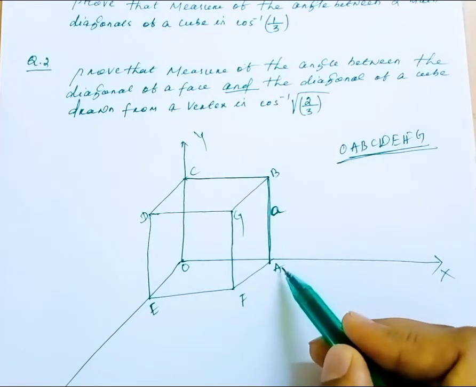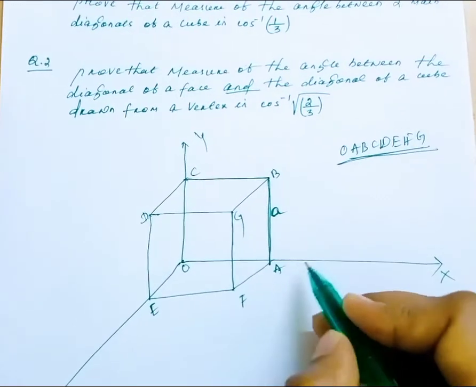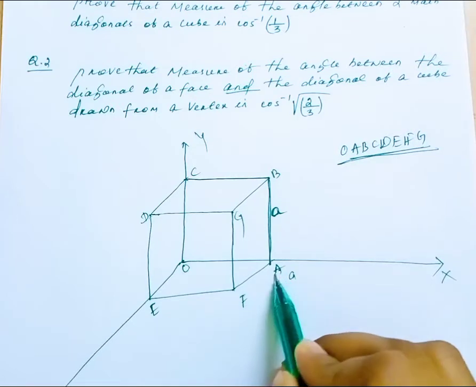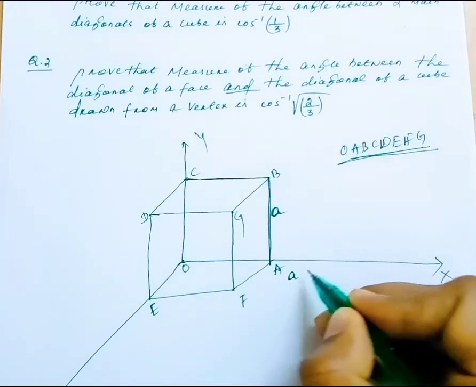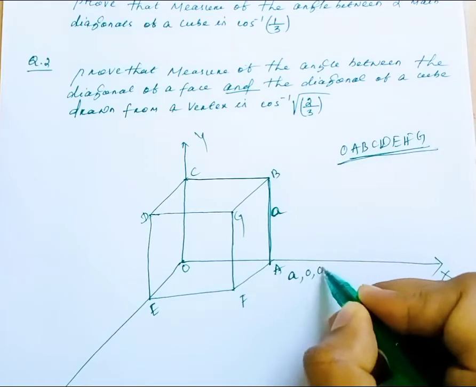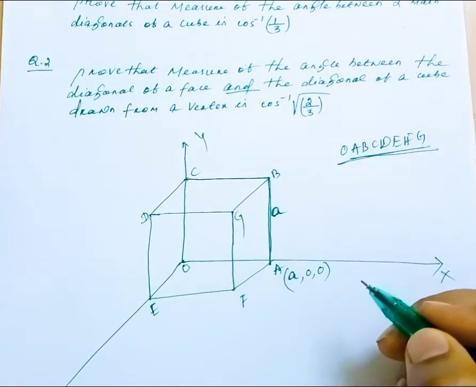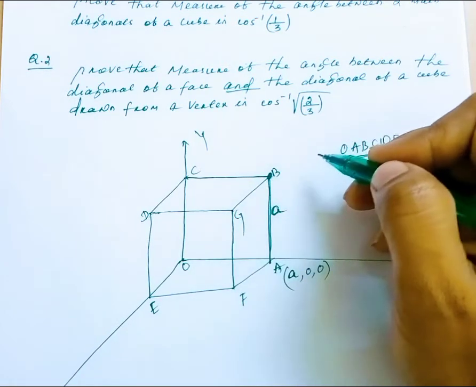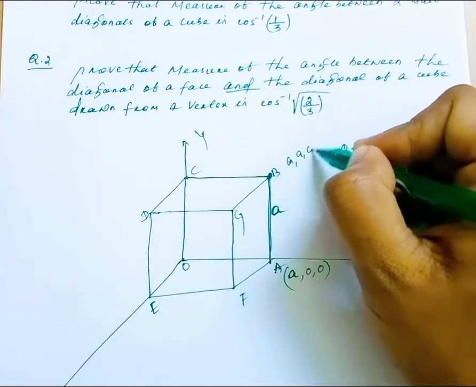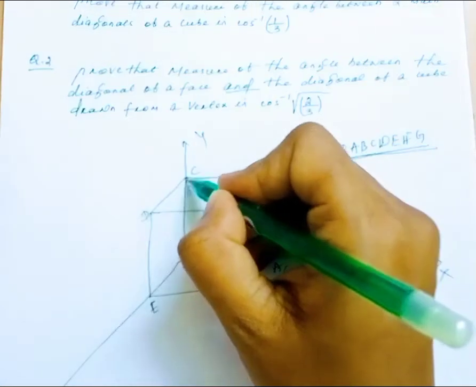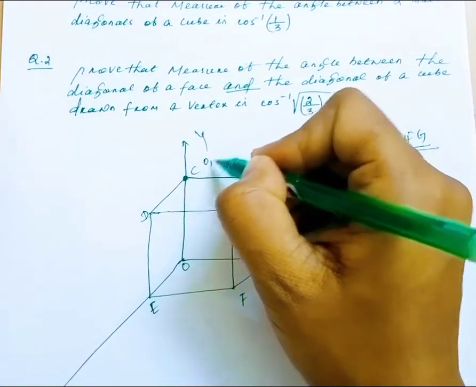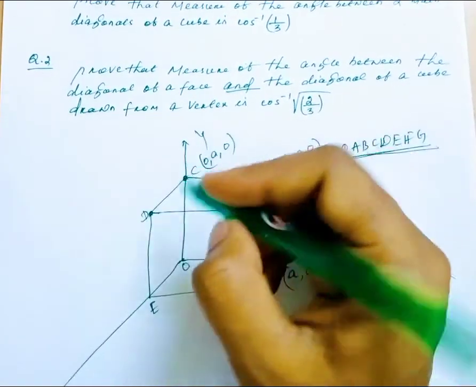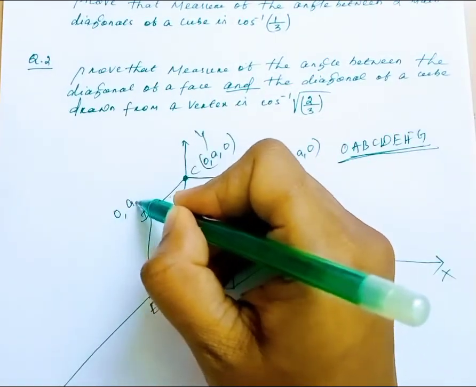So coordinate of vertices A should be, since each side having A units and vertices A is on your x-axis, so your x coordinate is here, y coordinate vanishes, z vanishes. So this is A 0 0. Then vertices B having coordinates A A 0, vertices C having coordinates 0 A 0, vertices D having coordinates 0 A A,